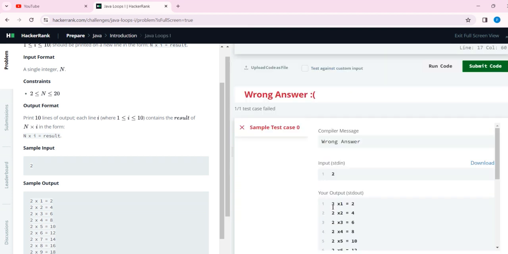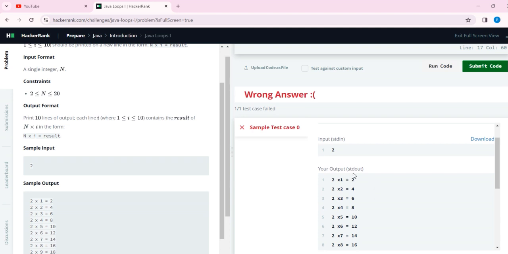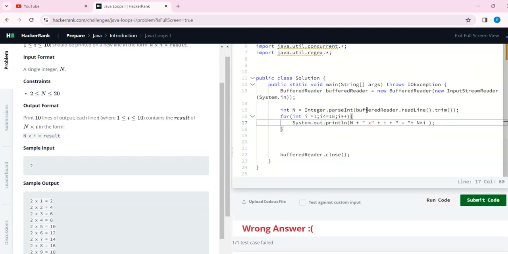I think it's right. No, the sample output is 2 cross 1. There is a misunderstanding with the gap around the i, so don't worry. We have to fix the gap around the x.